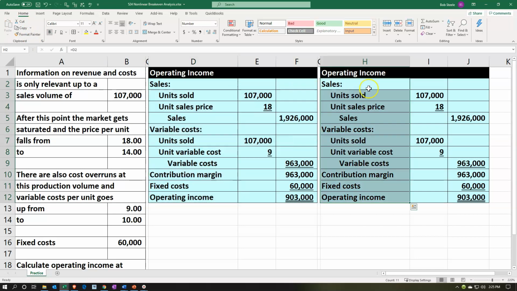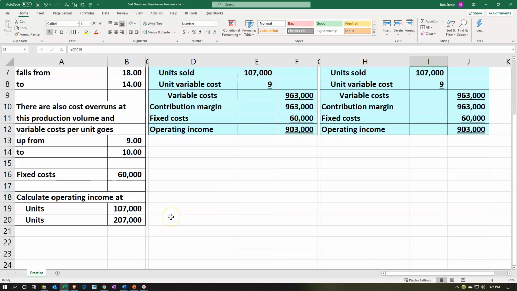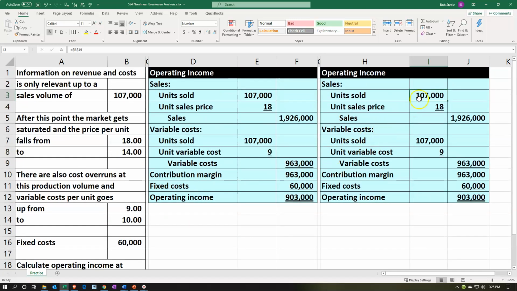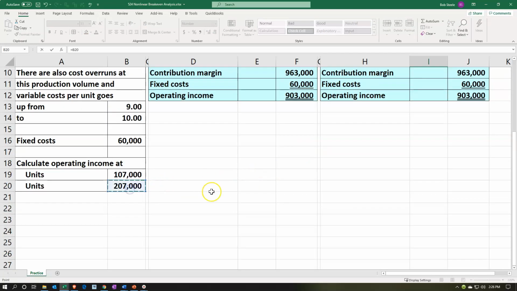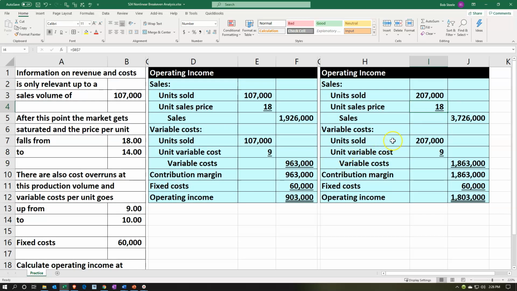Perfect. All right, so now we just want to make the changes we need to make, which means we're not going to be selling the 107, but rather 207. So now we're going to go way over that point where we think we're going to saturate the market. We're going to say, well, we think we could sell 207, a whole 100,000 more, but we'd have to sell them not at the $18. We'd have to lower the price of the whole thing down to $14. So we'd have to lower it down to